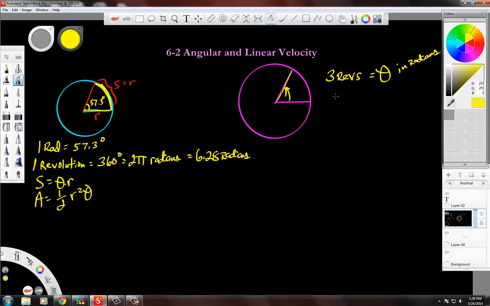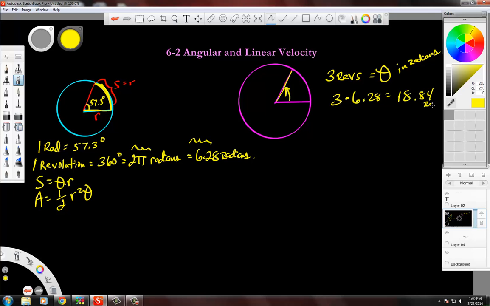To do that, you just take 3 times the number of radians in 360 degrees, or in a revolution. And we just saw that it's 2 pi, which is the same as 6.28. So just take this times 6.28. All right, so that is 18.84